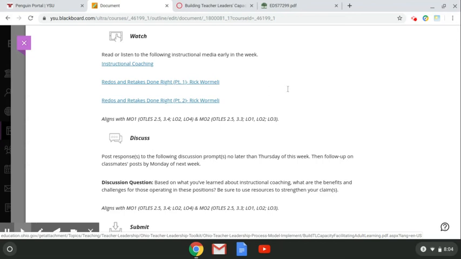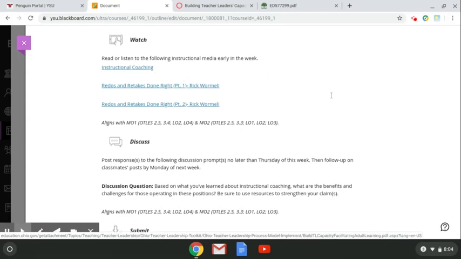Obviously, this is not an instructional practices course or a grading course or an assessment course, but these are the kind of things that teacher leaders need to be able to understand, especially if they're serving an instructional coaching role or some type of role like that, even in a mentoring role with a new teacher. These are conversations you have every single day with them.